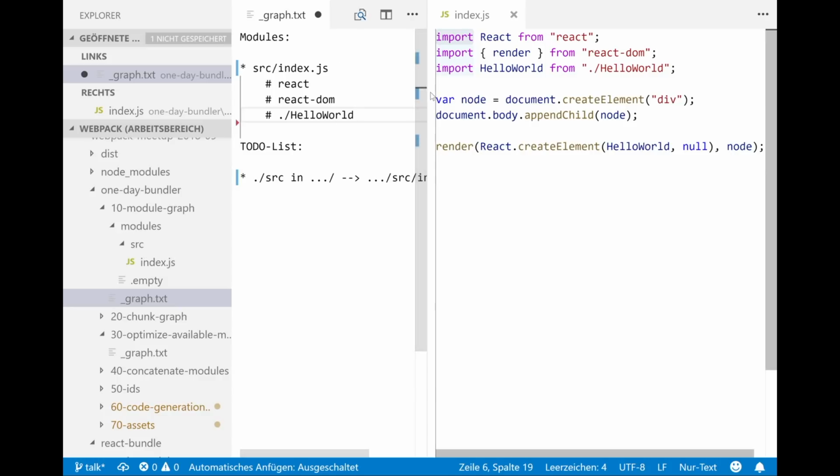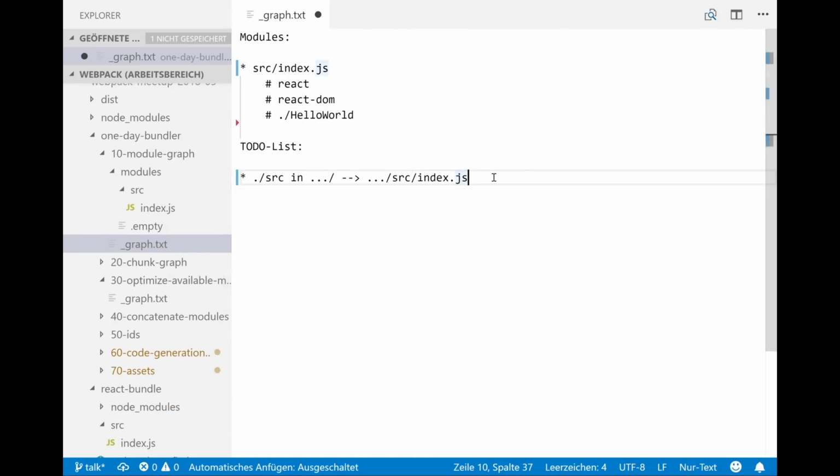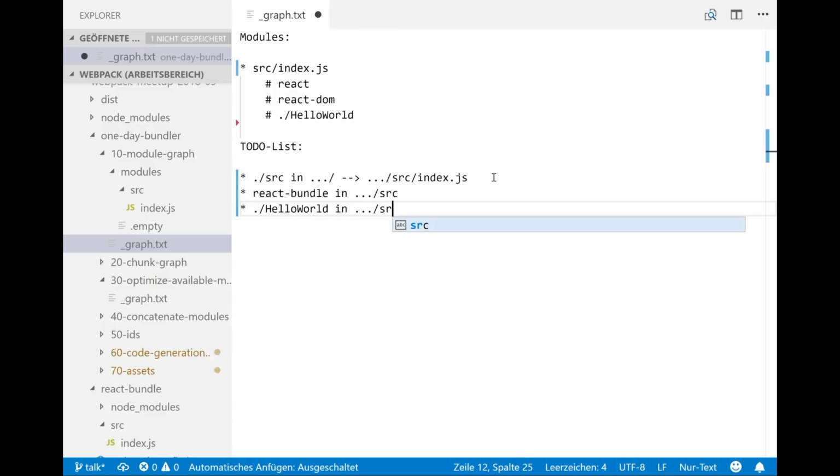The next step is, after parsing, we have all these imports, and we add all these imports to our to-do list, and we add React. Because everything is aliased to the React bundle, we only add the React bundle in the source folder, and also this small little module Hello World in my source folder. And then the first task is done.